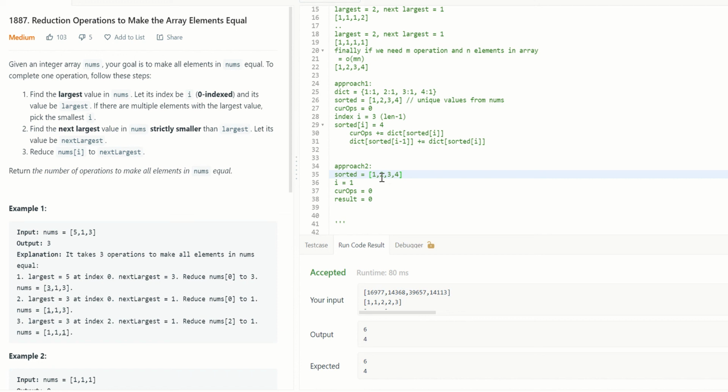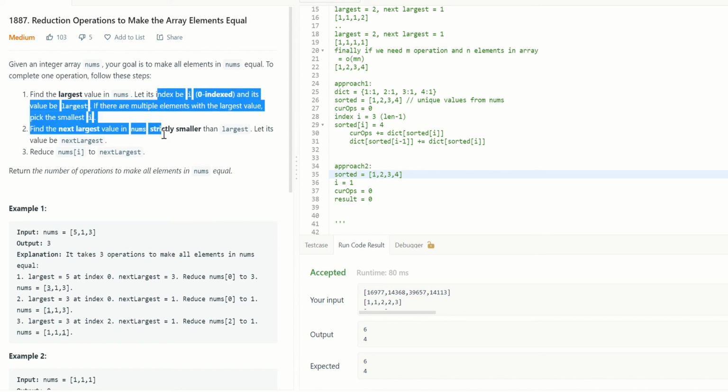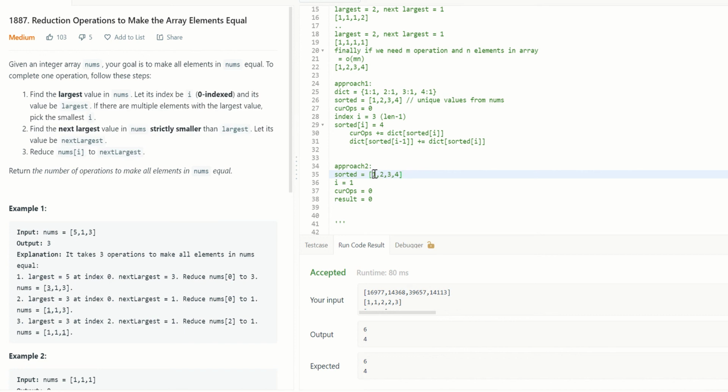So in order to make 2 to 1, we need one such operation, one of these 3-step operations. To make 3 to 1, basically we will make 3 to 2, that is 1, and then 2 to 1, that is 1. So to make 3 to the lowest value, we need 2 operations. Similarly, from 4 to 1, we need 3 operations.